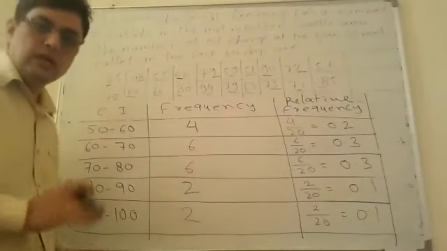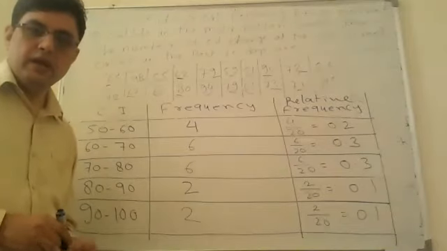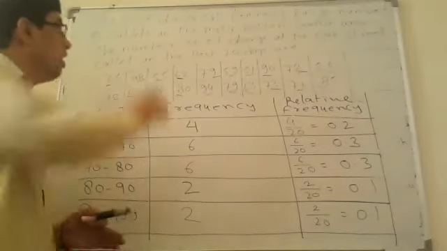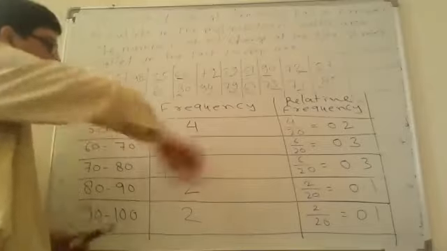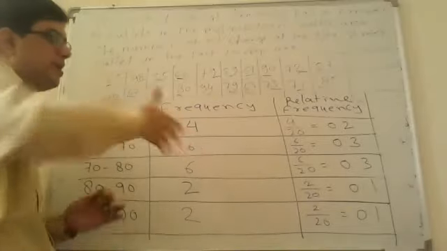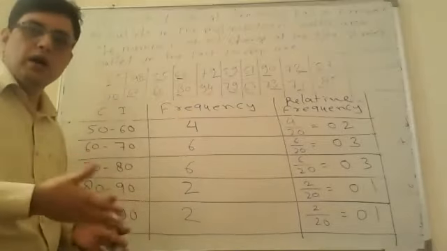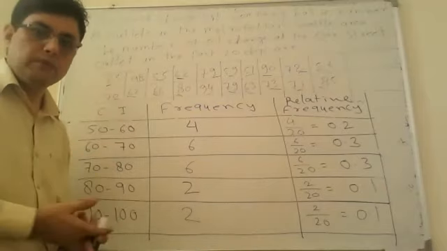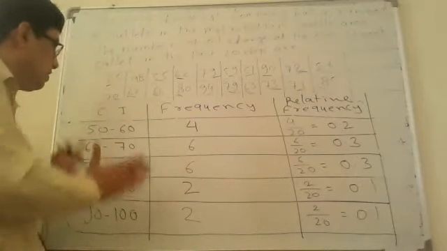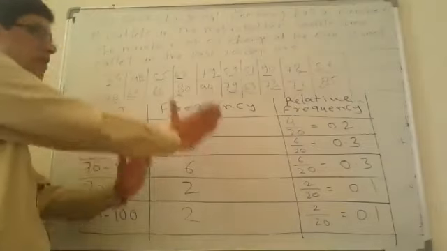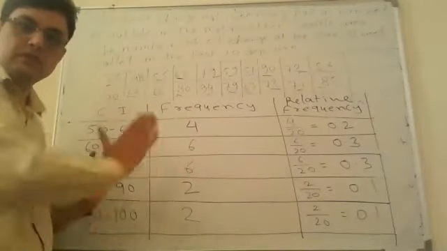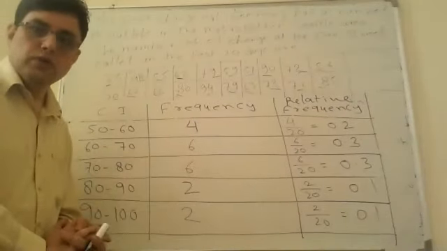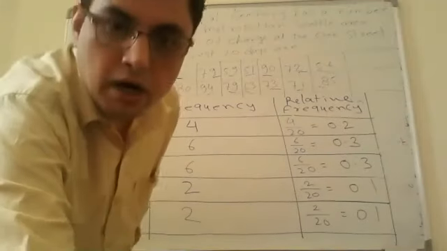So this is the way to change raw data into a frequency table. Relative frequency we may use to find some probabilistic problems. Here, the most important are class interval and frequency. This is the first. So we have to